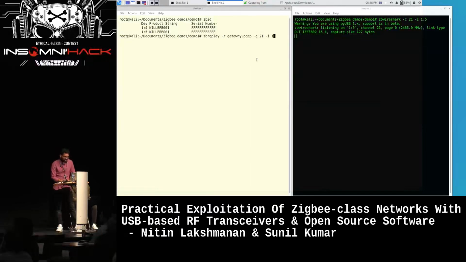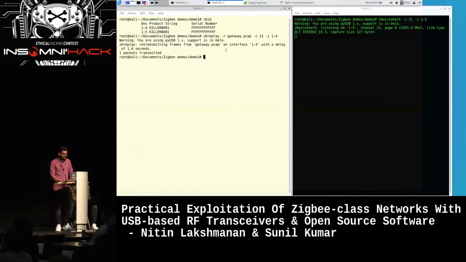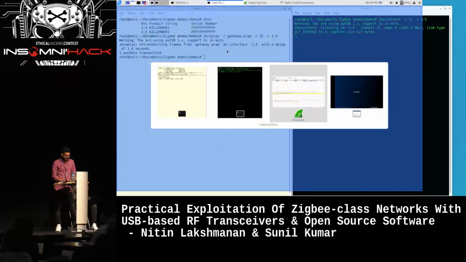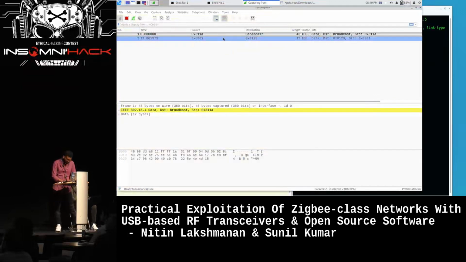We are using 14 as the gateway, so I am providing the ID as 14 here. At the same time, the attacker is also listening in the network, so we are starting the same Zigbee Wireshark command in the other machine. So by executing the command Zigbee replay, a packet has been transmitted here, and we should be able to see it in the